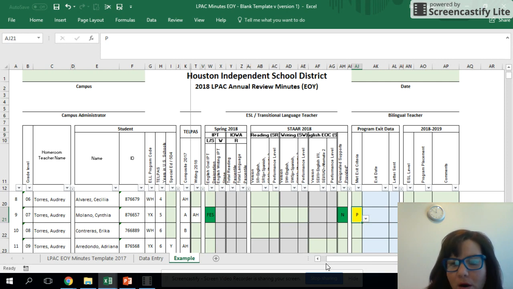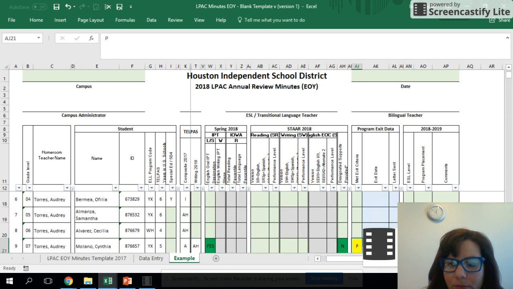But make sure that you have all of the information, you have everything filled out, and there should be a program placement decision for all first, second, 11th, and 12th graders, because you do not need to wait for the STAR scores, because that's not a requirement for exit criteria. So only students in grades 3rd through 10th who were identified as having the potential to meet exit criteria will be left as pending. So only those students who are potential exits, and you can always refer to your MOY minutes to see who your potential exits were. But for example, if a student, like the previous example that I gave, it will not